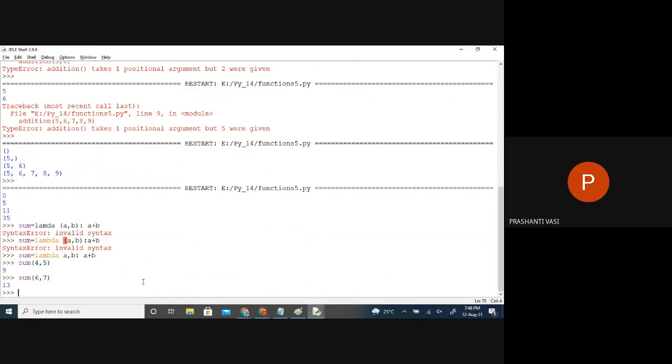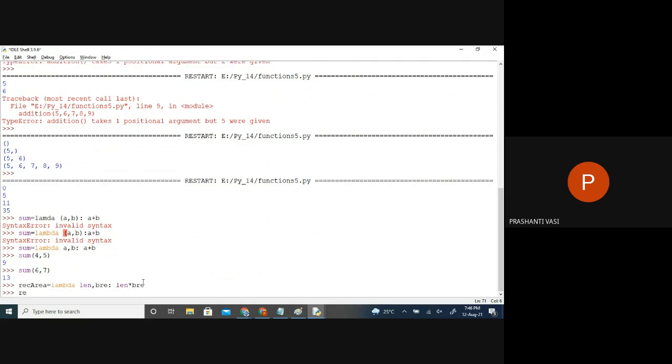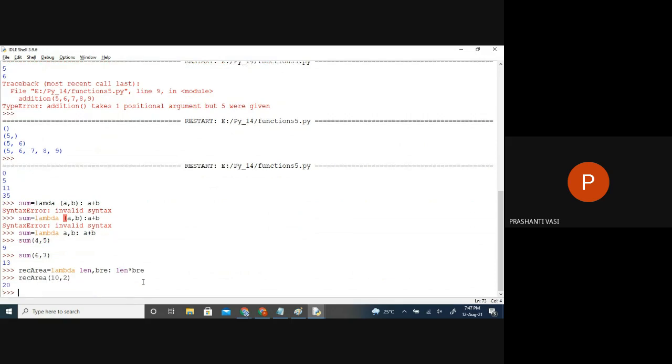Okay. Same way, if I say rectangle area, I want to write like a formula only. Rectangle area is equal to, just this keyword is extra. Otherwise, it's like whatever you want to mention, just mention, and whatever is the formula with these two, you just mention that. Now, whenever you want to do the calculation of rectangle area with whatever values you want, you can just get the answer. Clear? Same way, simple interest. So I'll just write a lambda expression with P, T, R values, given three values.